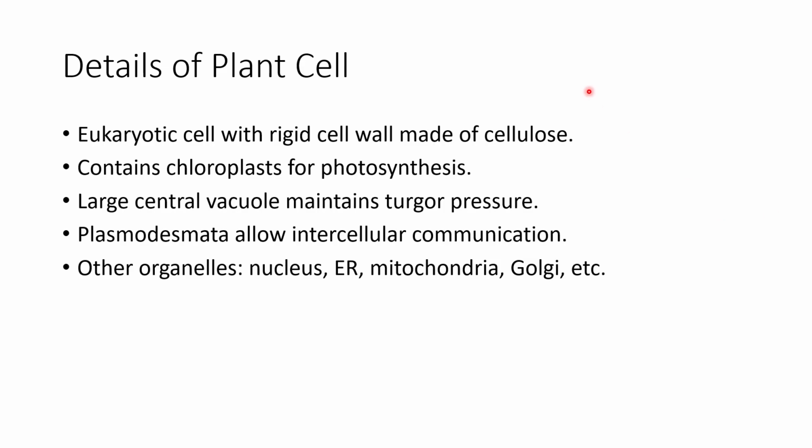Now, the plant cell is a multicellular eukaryotic cell. The outermost layer is a rigid cell wall made up of a carbohydrate molecule called cellulose. Now if you remember, cellulose is a carbohydrate polymer made up of glucose linked by beta 1,4 linkage. Now beta 1,4 glycosidic linkage has certain features. Whenever beta 1,4 glycosidic linkages are present in any polymer,